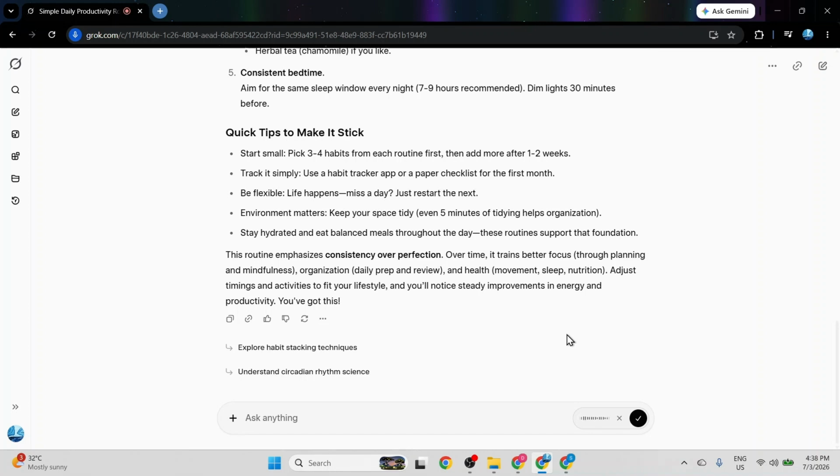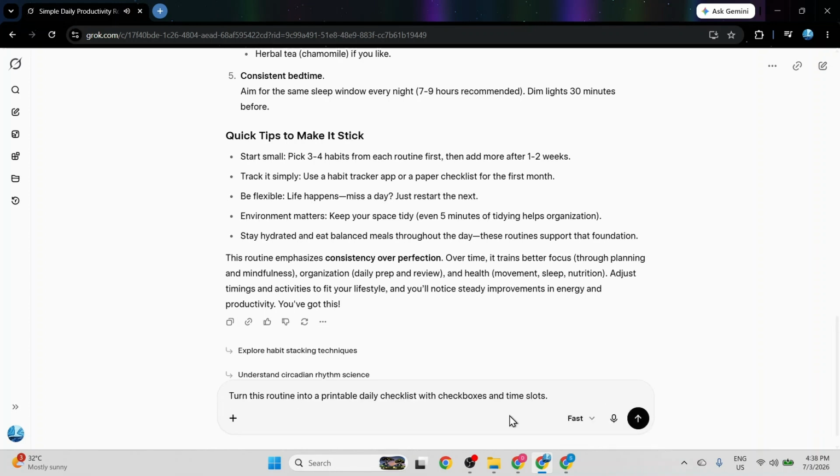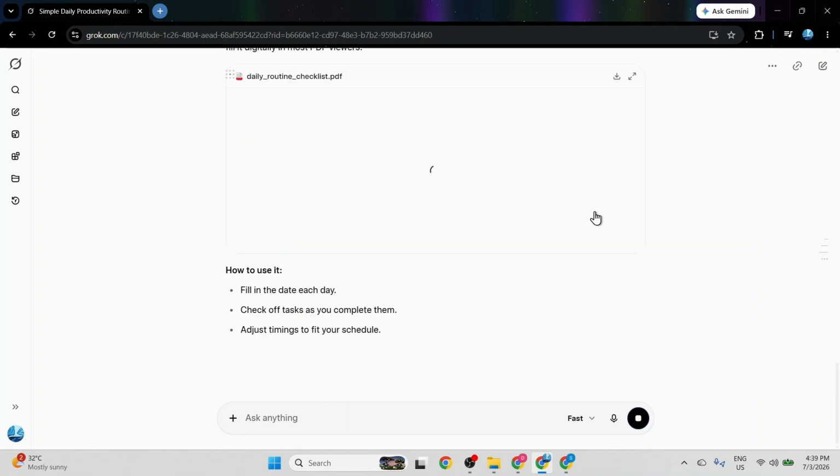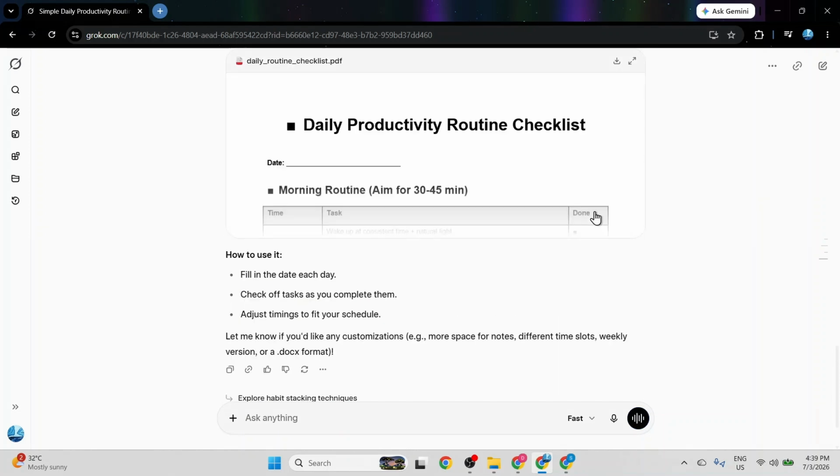Next, I want to turn this response into a downloadable file. I click on the input box again and type, "Turn this routine into a printable daily checklist with checkboxes and time slots." I click the send icon to submit. Grok begins processing the request, loading its internal tools to construct a document layout. After a short wait, it finishes building a clean, formatted daily productivity routine checklist complete with time slots, structured tables,